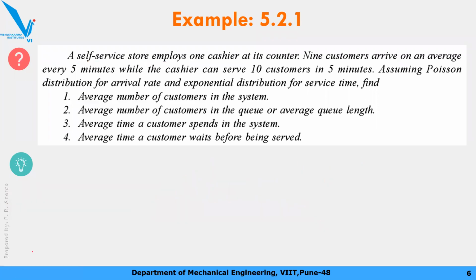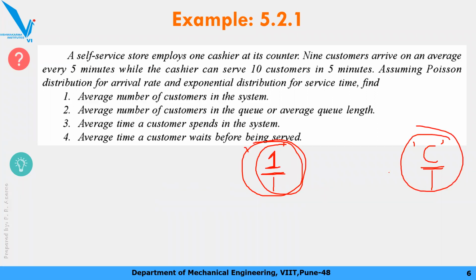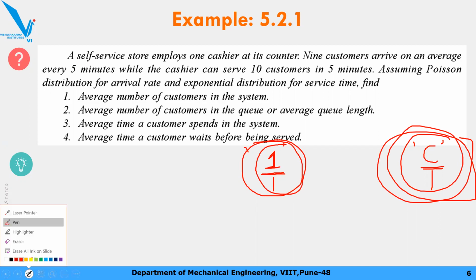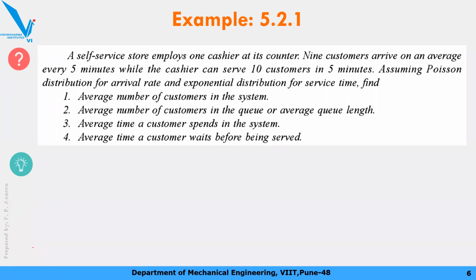So remember, the numericals you get will be either of one server or multi server. That's it. I'm going to teach you only two models from this queuing theory. Sub models you cannot take, and there is no need actually. Only two models are required: single server model and multi server model. Right now I have shown you the formulas for single server. In the next class I'll show you the formulas for multi server. So right now the numerical belongs to the first model, the single server model.